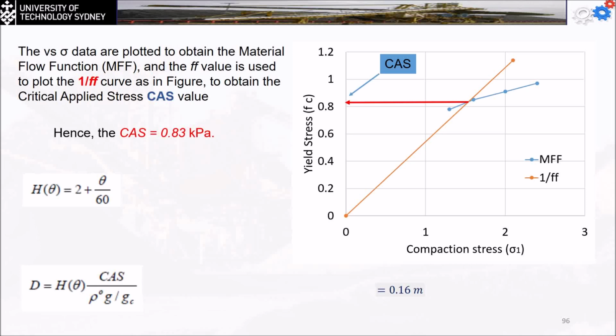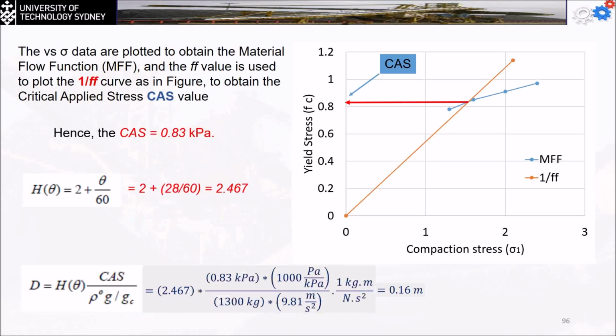So first, 28 divided by 60 is equal to 0.48, plus 2, 2.48, hopefully. 6.467, I was that close. Okay, then I'm going to apply this value here, multiply by the CAS, which was 0.83 kilopascal,